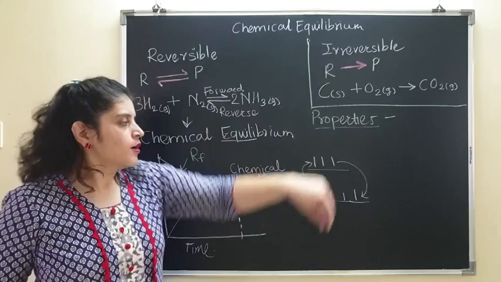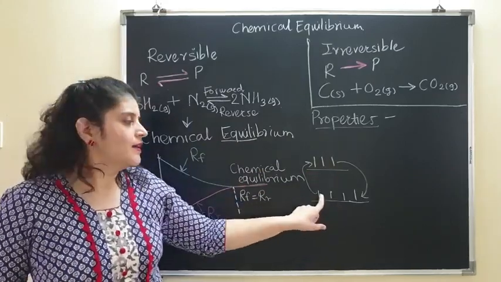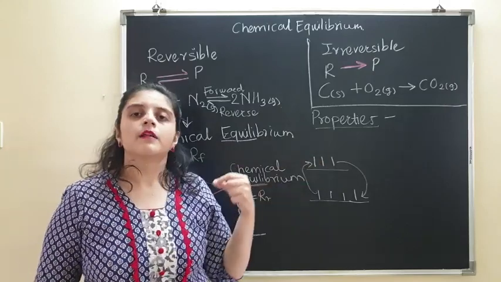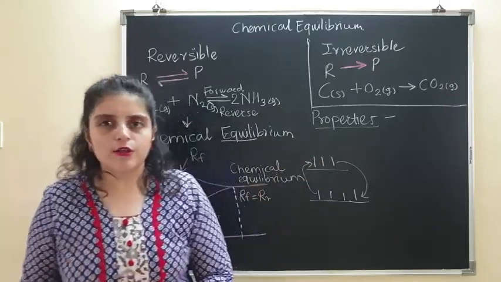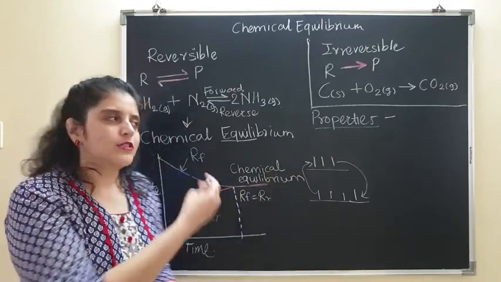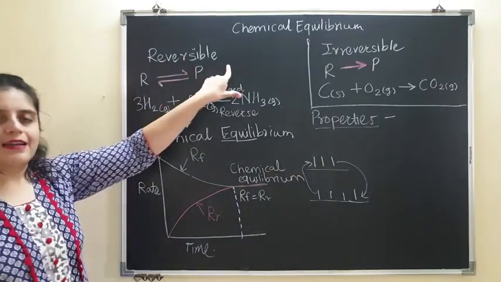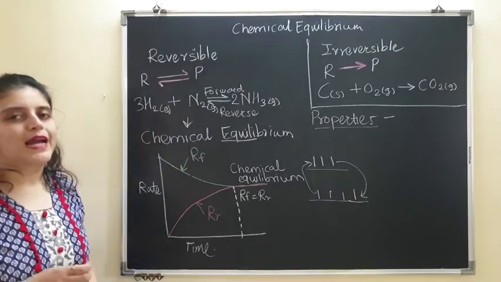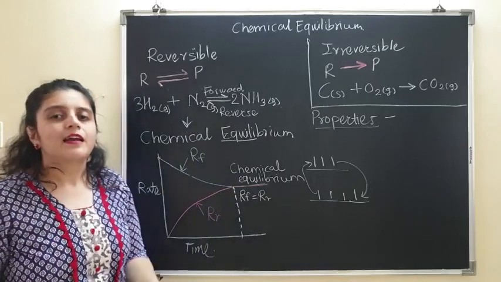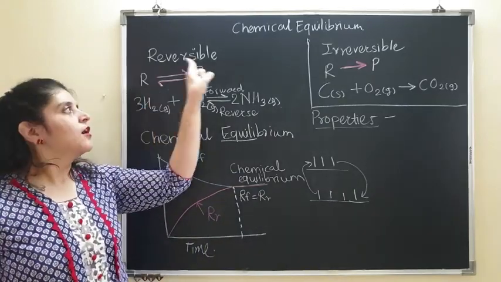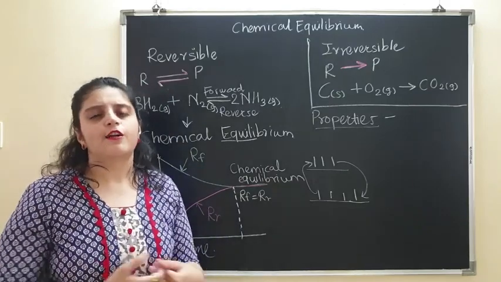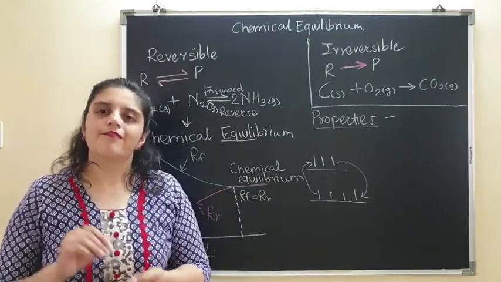So the total number of people standing on the ground floor will be 4 and on the first floor will be 3. The number of people is not going to change, they will just go up and down. The same thing is going to happen over here. Reactant will become product, product will become reactant, but the number of molecules, or in other words the concentration of the reactant or the concentration of the product, will not change, since the rate of the forward reaction is the same as the rate of the reverse reaction.